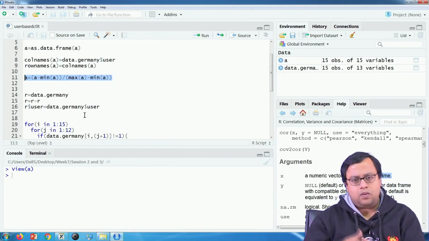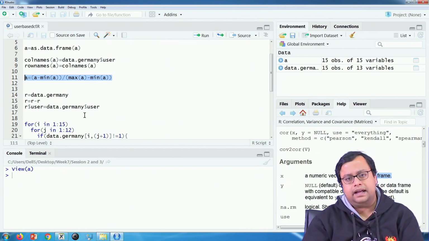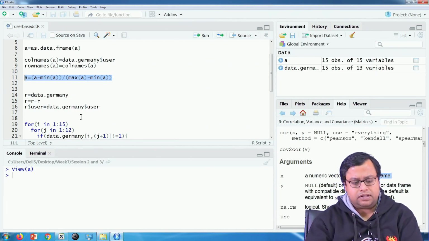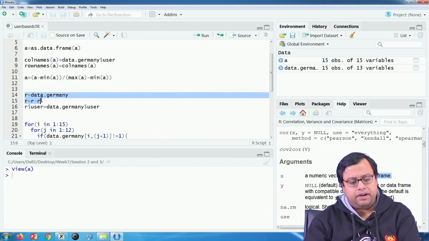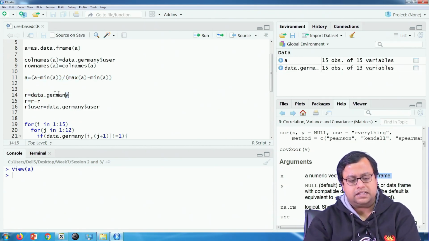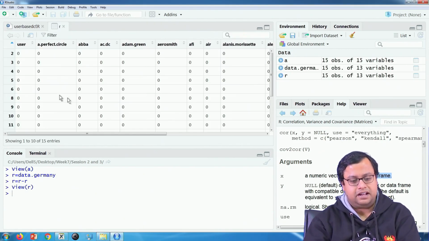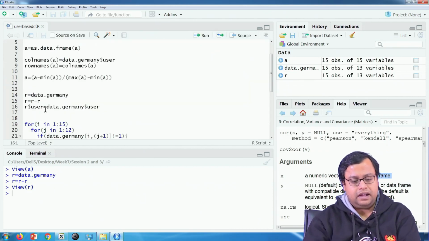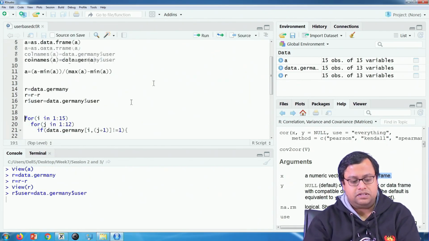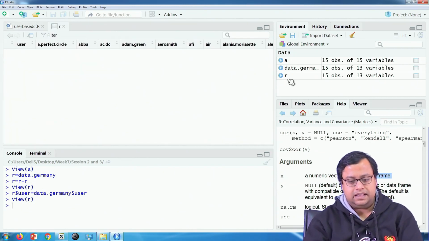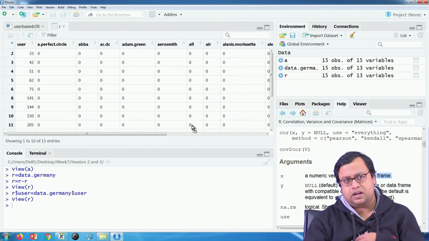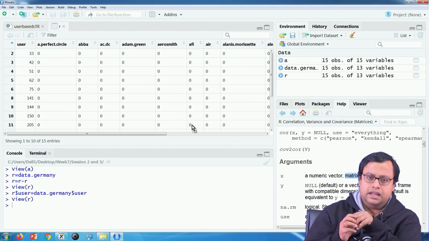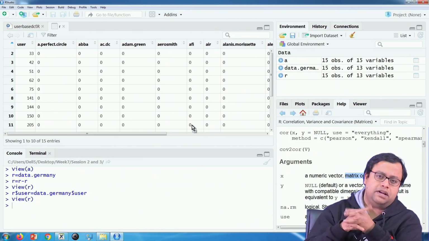Fair enough. So now the next step is to create, I would say, the movies importance value or something like that. So I am creating a recommendation matrix called R. R is equal to data Germany Y, because then the dimensions remain the same, and then R is equal to R minus 1, which means whatever entry there was in R, you actually remove all of them. And then R$user is equal to data Germany $user. That means basically it looks like this. So all these values are 0. The column names are similar to data.Germany. The first column is absolutely the same as data.Germany, which is user.